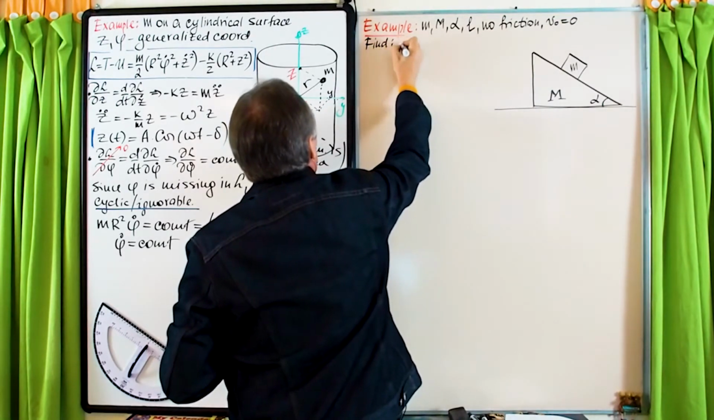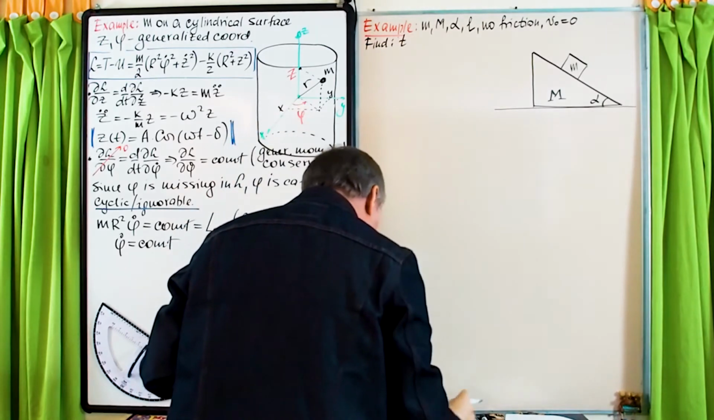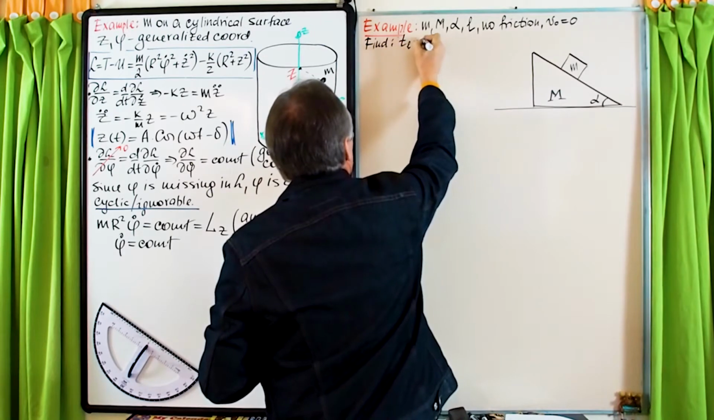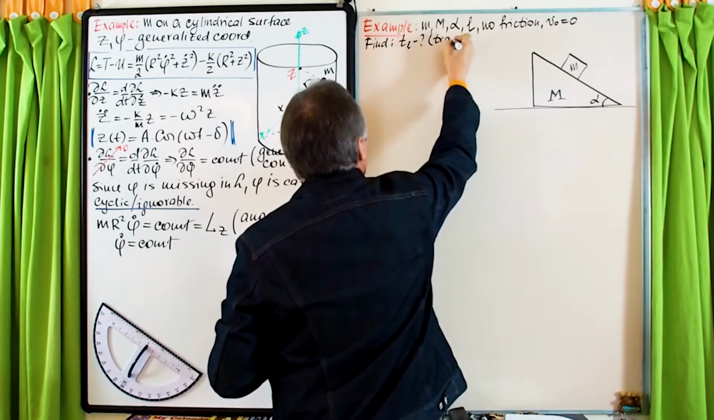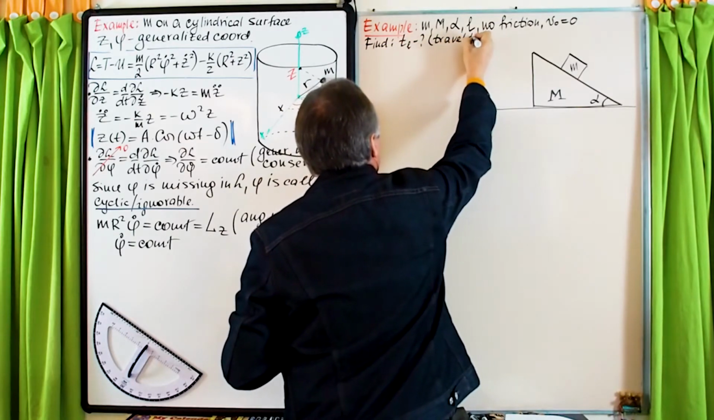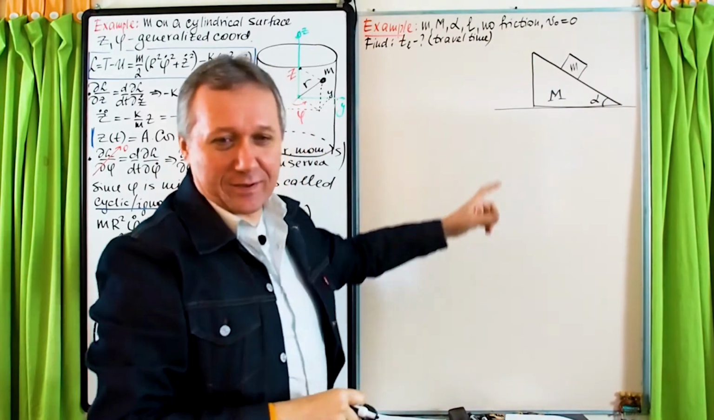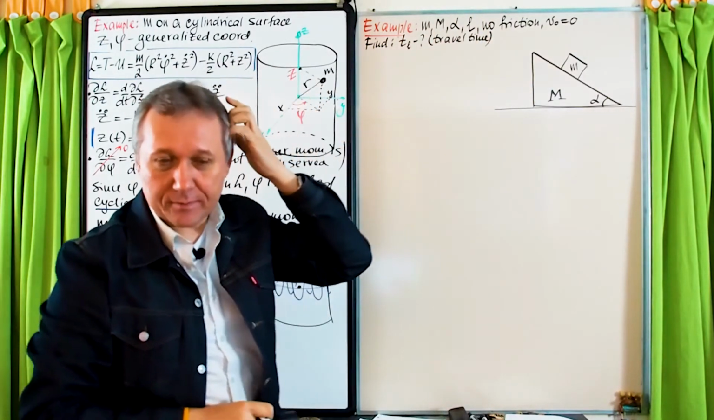Find T, which way do I label it? I think T sub L. Let's find T_L, the travel time. Why T_L? Because it's the time that the box needs to cover the distance L, the length of the